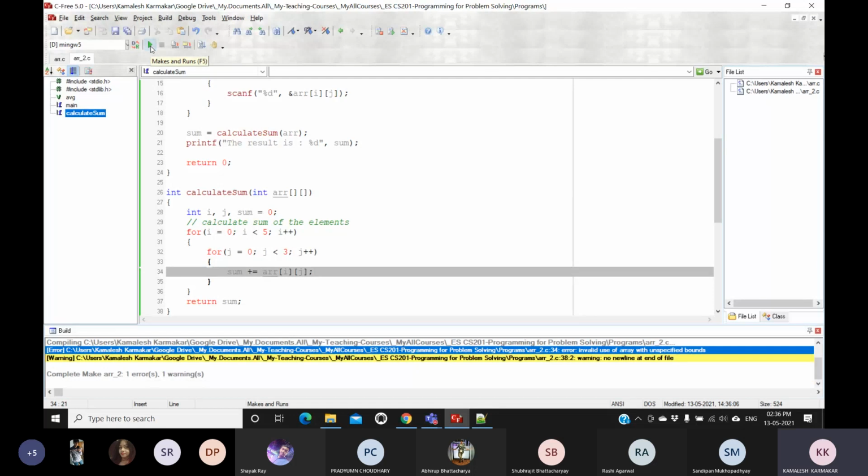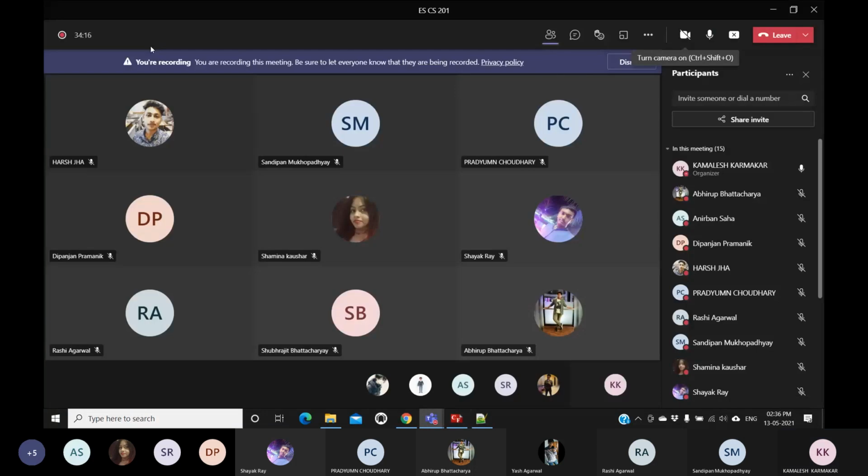It will compile only when the first dimension is blank. In any other case, it will not compile. Can you imagine what's the reason behind this?